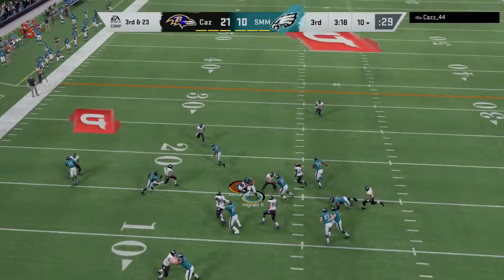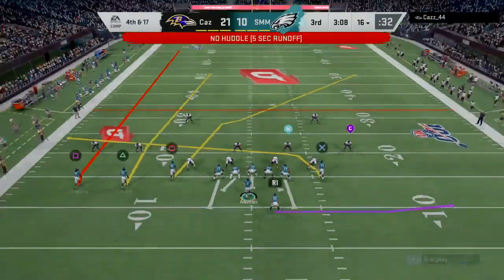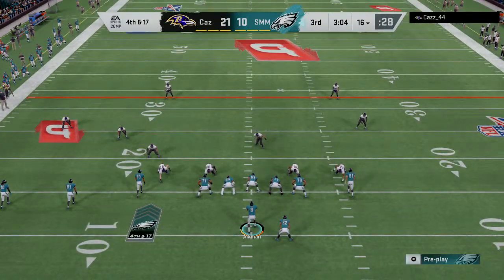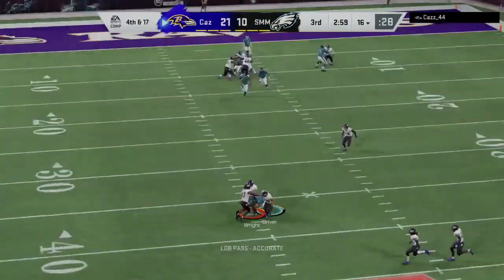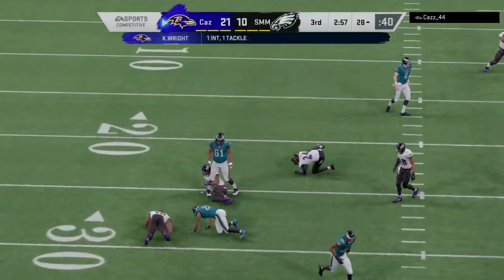Ingram. And able to get it here to about the 16-yard line. And how about this? 4th and long, and they're going to go for it. Here we go on 4th down with Aikman. Into double coverage, and it's intercepted. Picked off around the 37. And this return...